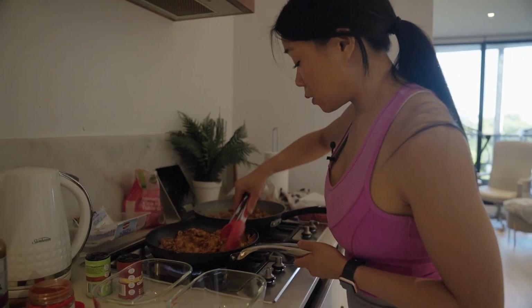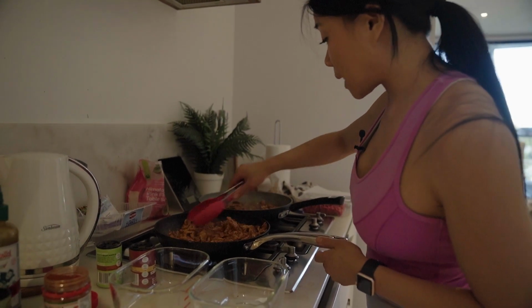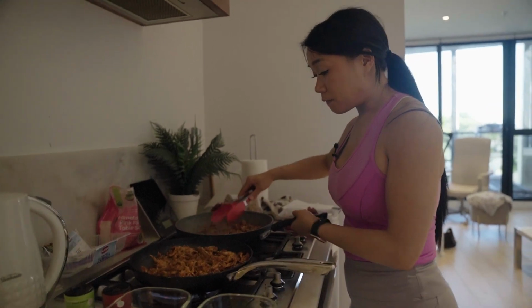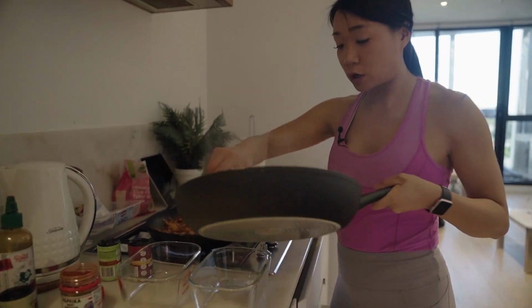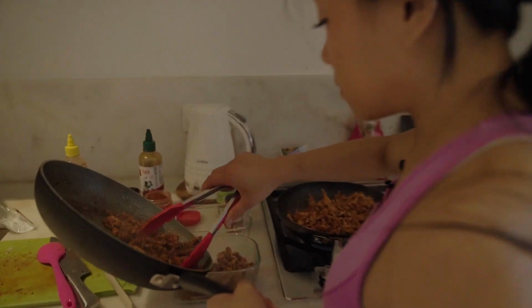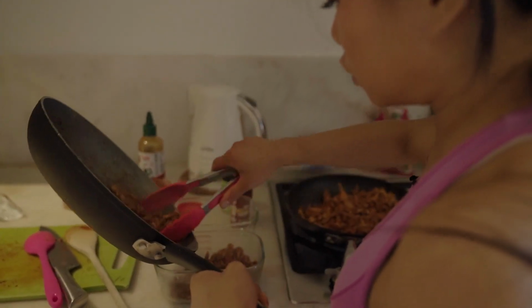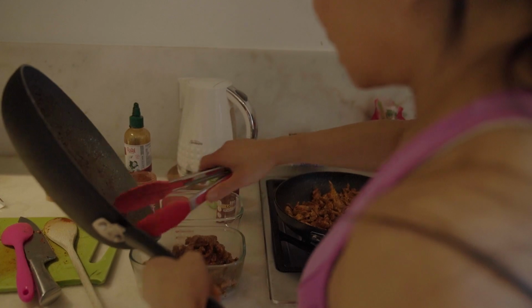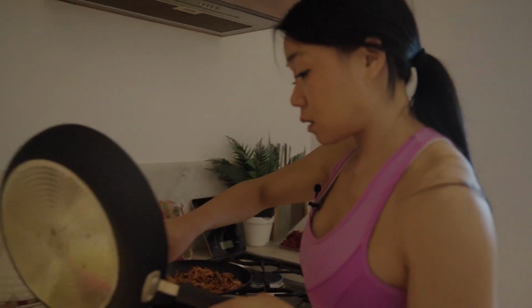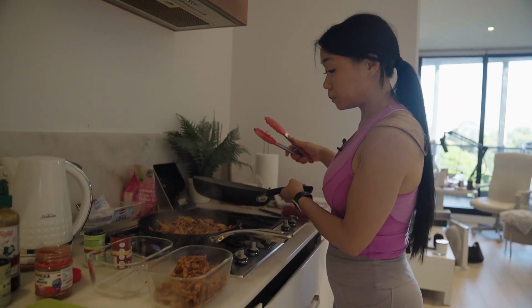Okay, so I would say that this has been frying for the last 5-ish minutes. The turkey is ready. Usually when you cut it into small strips like this, it's a lot faster to cook. So then that is in there. I usually separate it into